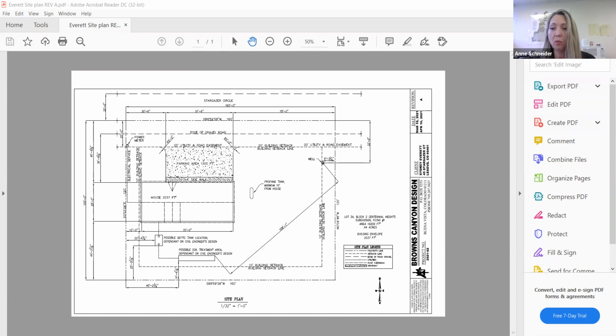So even with combining 2 lots to try to increase her building envelope, the setbacks that the zone district calls for is 50 feet from the edge of the street, 25 feet on the sides and rear of the lot. And again, it's a minimum of 5 acres.